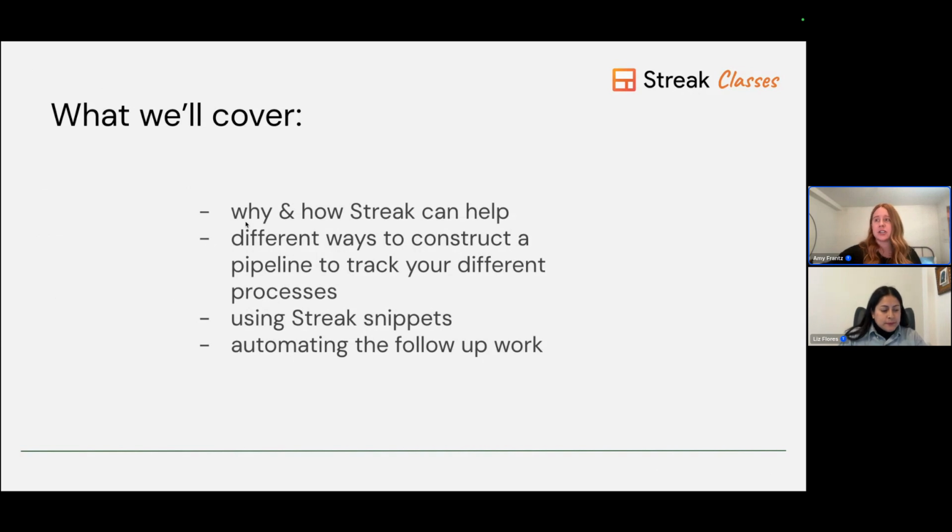This agenda today is going to talk about a handful of different things. So I have a presentation. I'll talk about why and how Streak can help. I'll talk about different ways that you can construct a pipeline to track your own processes. I'm going to cover Streak snippets because I think within the talent agency world, snippets are super supportive to this